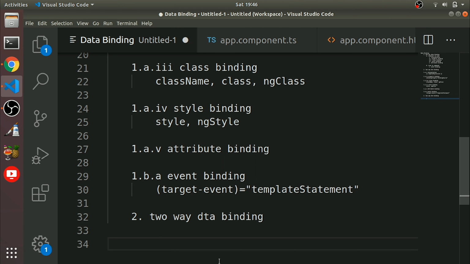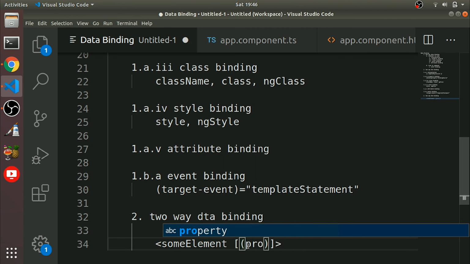So the syntax will be like this: some element, and this thing you need to remember, that it is called banana in a box.